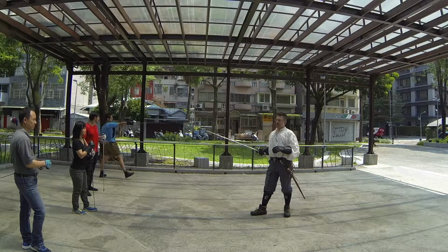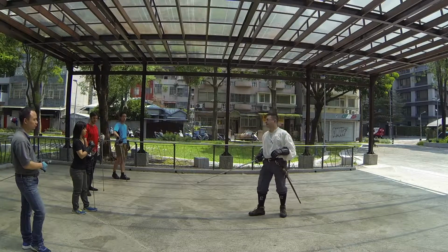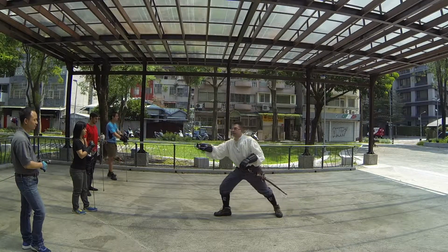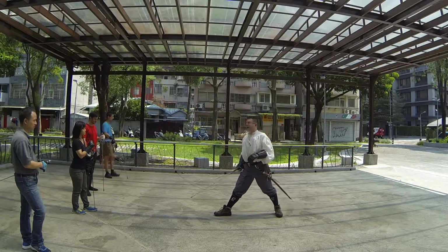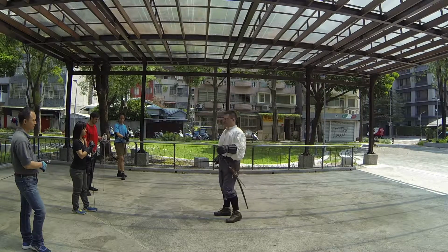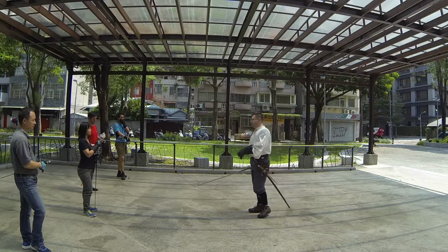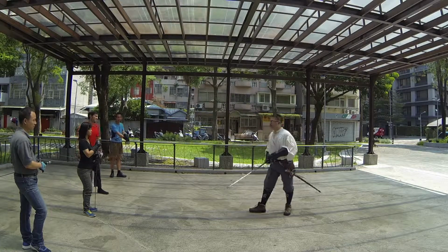Then, if the opponent still does not void the attack and the opening for the attack is still there, then you move your foot to make the attack. Now you're properly lunging, now you're making the attack. And so the timing here is hand, body, foot. Now Silver says the 4 true times are hand, body, foot, feet. Well, what does he mean by foot and then feet? This means that